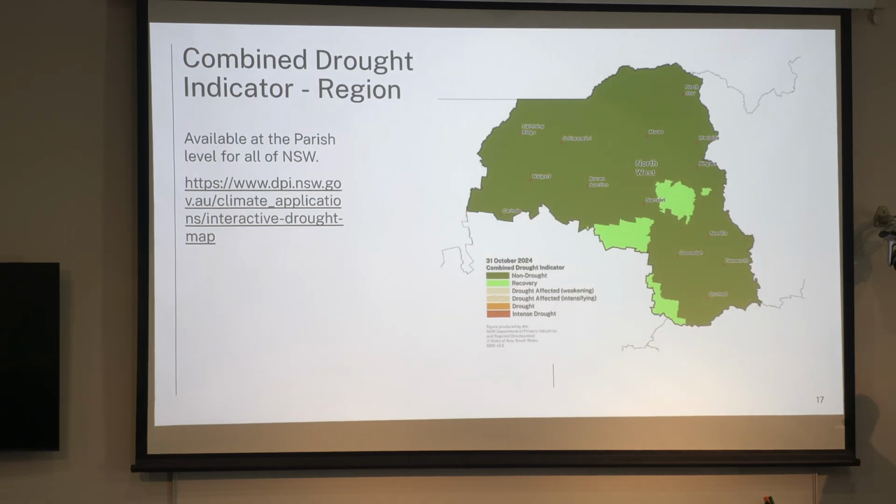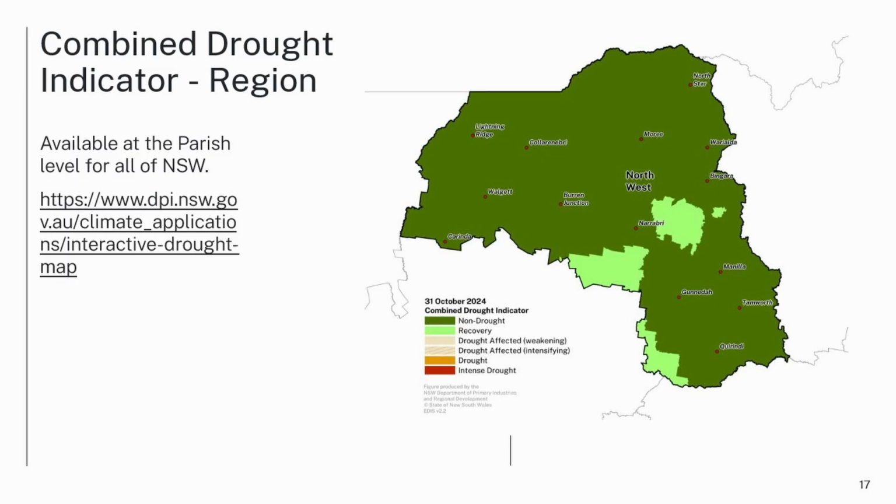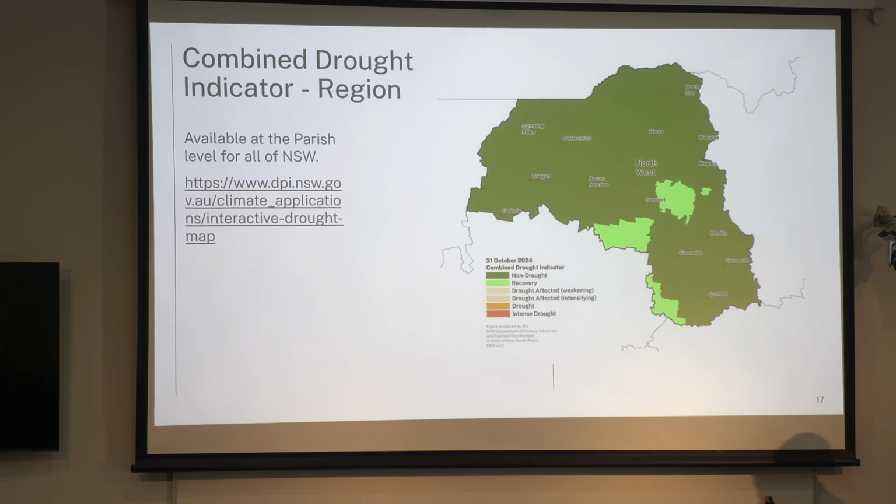We can drill into LLS regions. So for the LLS staff, I think they use this quite frequently. And for North West LLS, we can see some areas recovering from drought around Caputar and the Pilliga Outwash and the southwest of the Liverpool Plains, but for the rest of the region in non-drought